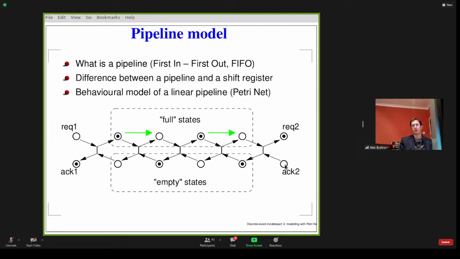If the flag is lowered, it means that the data has been consumed, it's gone, and we are prepared to receive new data. So when the token is here, this transition can be enabled, and it will be enabled as soon as the data has arrived into the previous stage. They call it an infinite sink or infinite consumer of data. So it will be an arc going from here down to here through a transition.